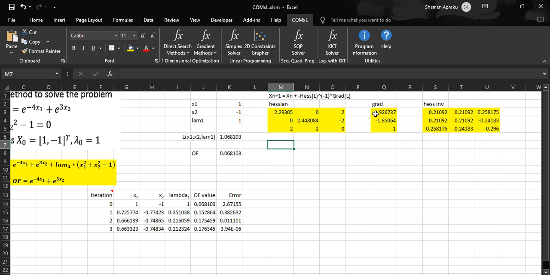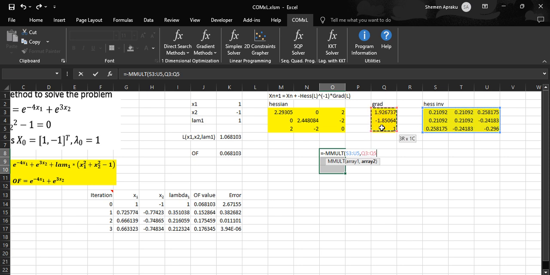We have our xn, that is the x at the starting point. We have our grad of the L. So now start with the negative of the Hessian inverse times the grad L. Then put it here. So if you multiply this times this, the result is going to be a 3 by 1 matrix, that is a column matrix in 3 rows. So I select it like this, and I want negative of